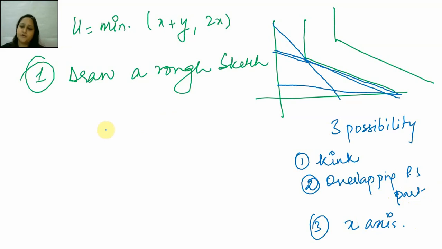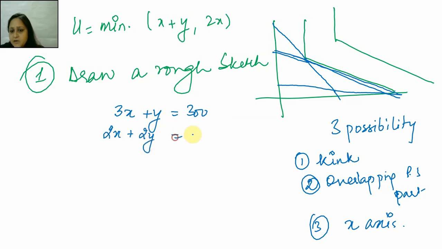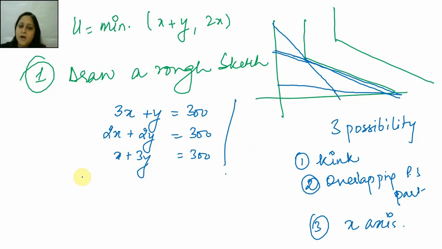सो टू ड्राइव द पॉइंट होम, that means for you to understand it really, really well, I'm going to take 3 possibilities of the budget line. So my first budget line is 3x plus y is equal to 300. 2x plus 2y is equal to 300. X plus 3y is equal to 300. And I'm going to make life really simple. The MRS of the perfect substitute wala part is 1